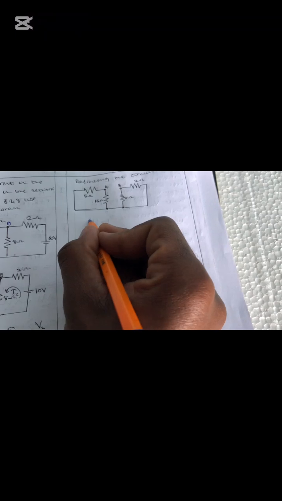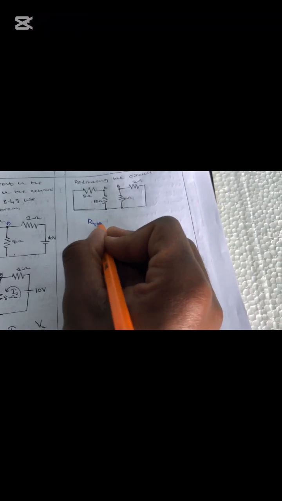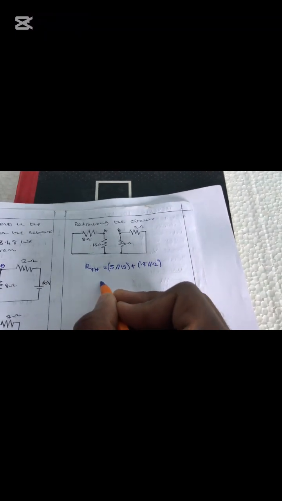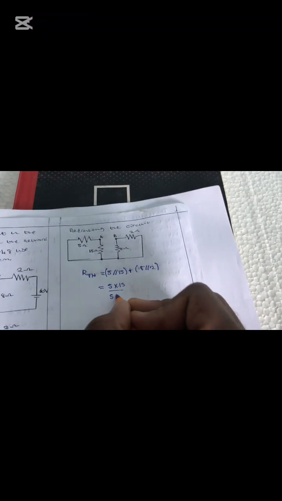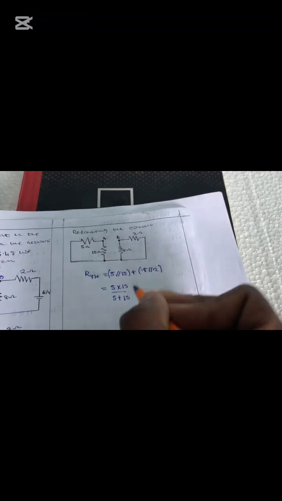So let's get into it now. RTH is equal to, so this one and this one are connected in parallel, plus 8 and 2 are also connected in parallel. So RTH will be 5 multiplied by 15 over 5 plus 15